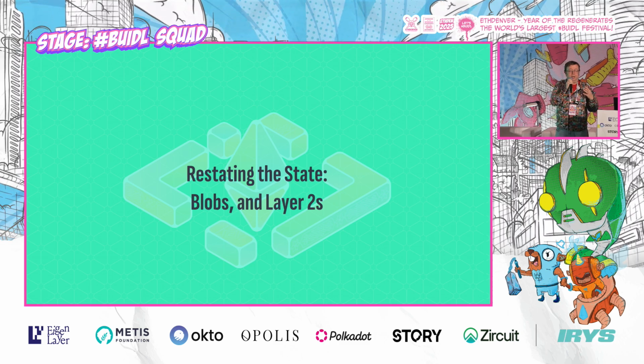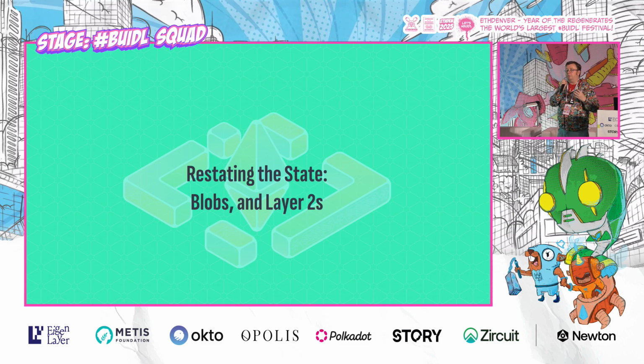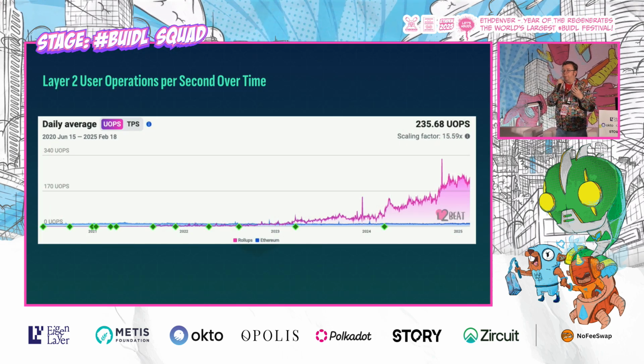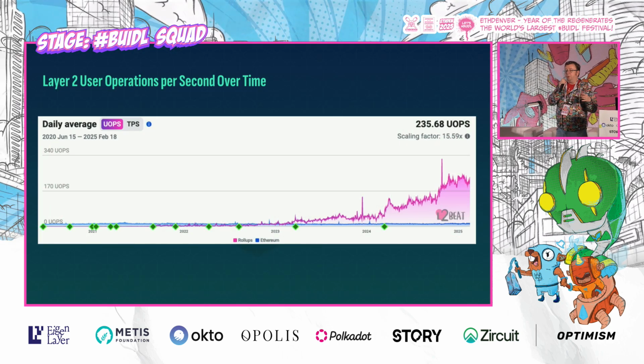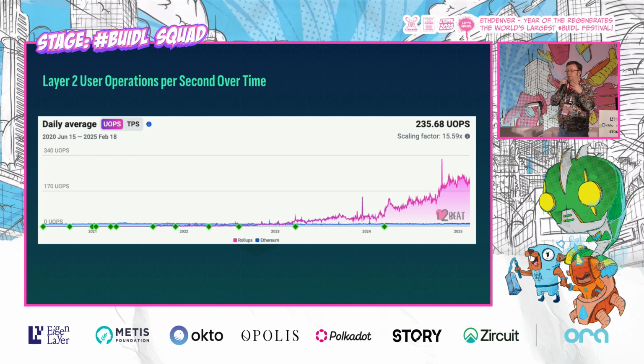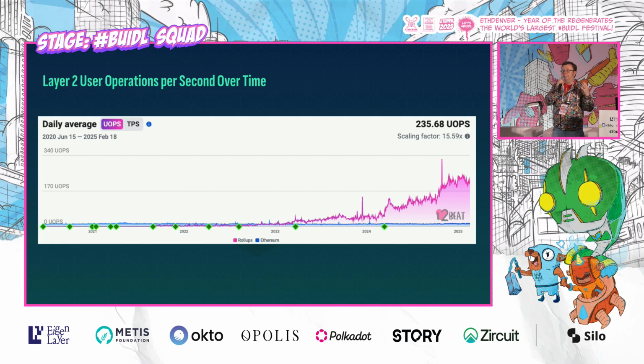So here we start talking about layer 2s and blobs, because a lot of the use in Ethereum in the past couple of years has really exploded on layer 2s. And layer 2s have a voracious appetite for transaction history. Here is a graph of the number of user operations since the dawn of L2s. For a long time, there were fewer transactions on layer 2 than on mainnet, and then there was a bit where it crossed over, and then over the past 2 years, it's just absolutely exploded, and it's gone bonkers.